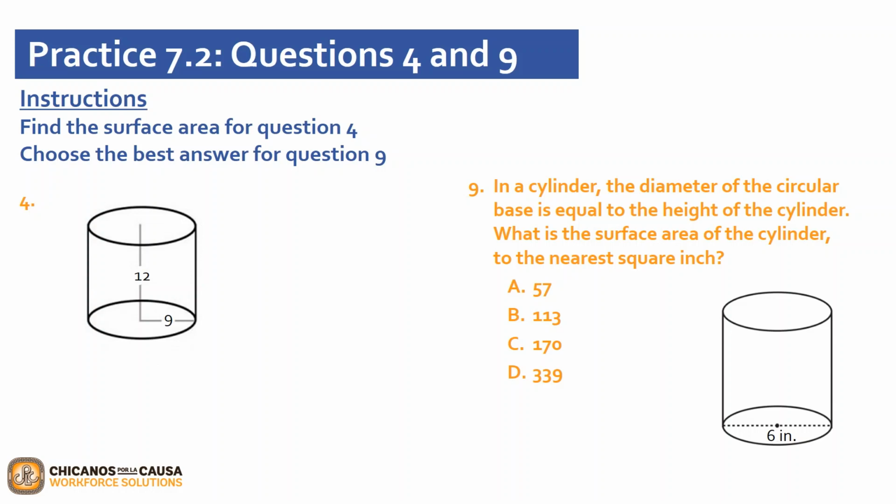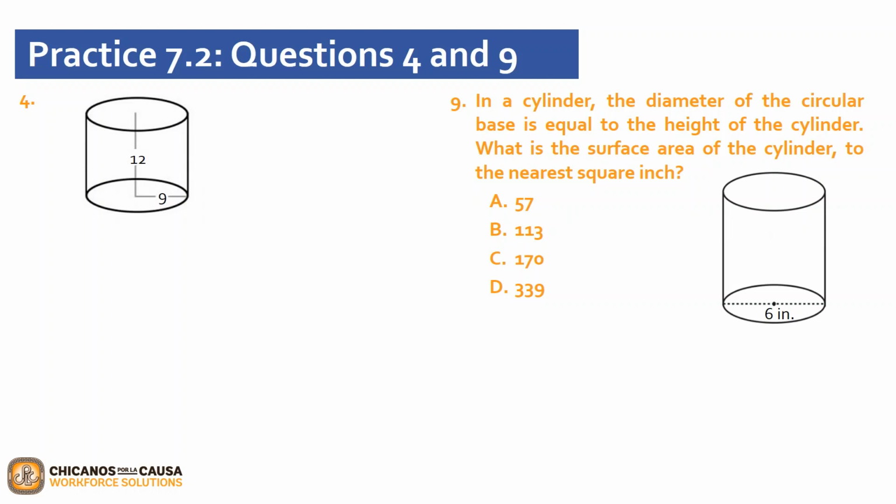So let's go ahead and start with question 4. For question 4, we're going to find the surface area. So let's bring our handy dandy formula for surface area, which in this case is 2 times pi times the radius times the height plus 2 times pi times radius squared. So let's go ahead and replace all of our variables with the values given. So we have 2 times 3.14 times 9 times 12 plus 2 times 3.14 times 9 squared. When we simplify that, it is